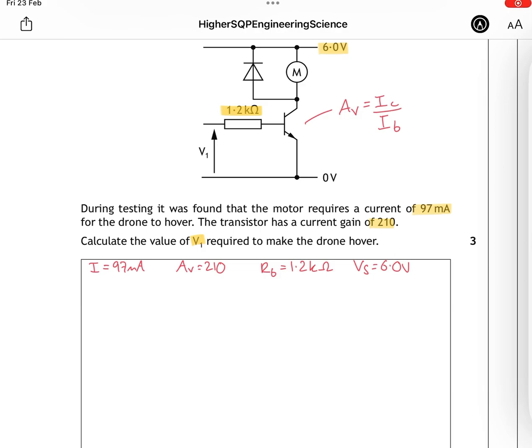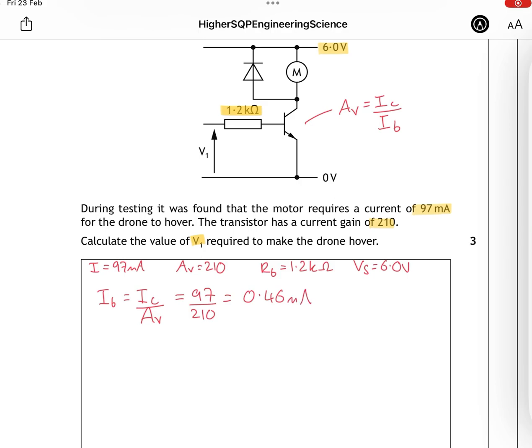If we rearrange that to find the current at the base, I can say that my current at the base is going to be equal to my current at the collector divided by my gain. Substitute in my numbers now, and that's going to give me 97 milliamps divided by 210, which equals